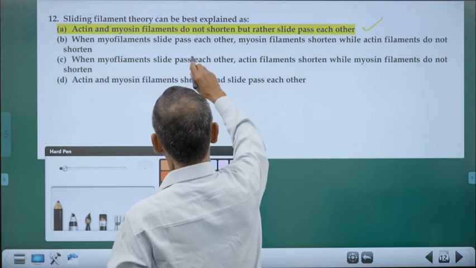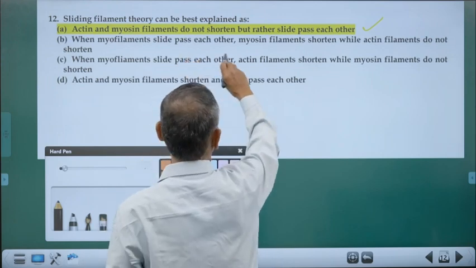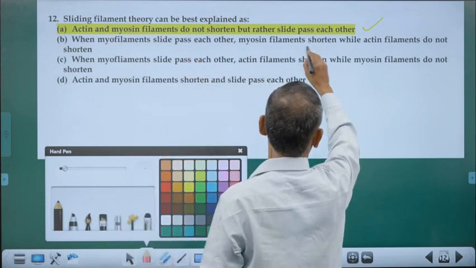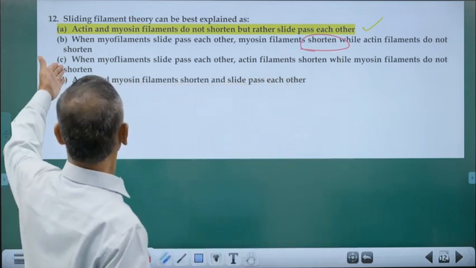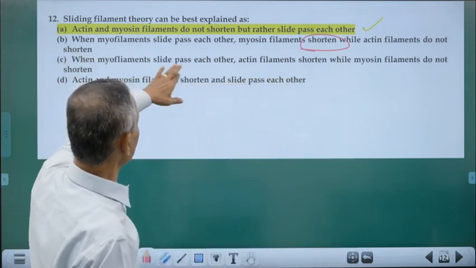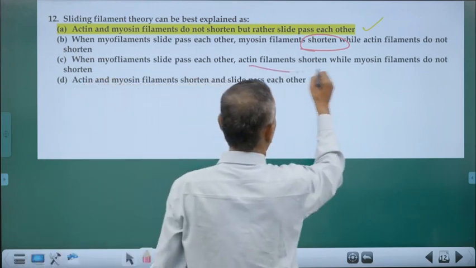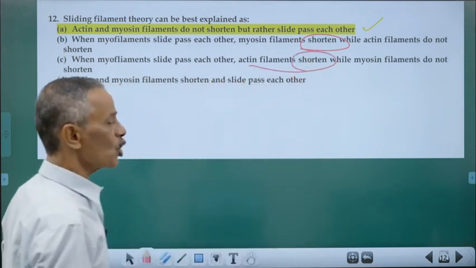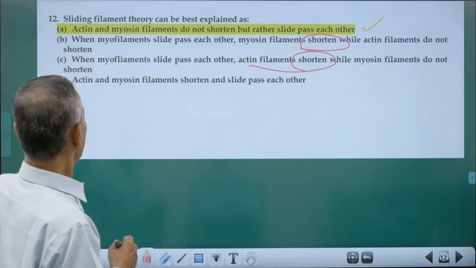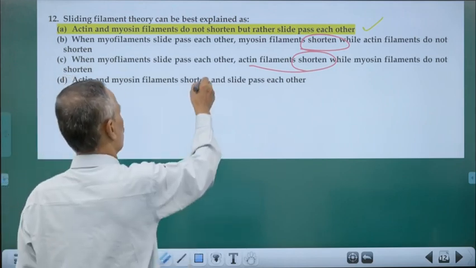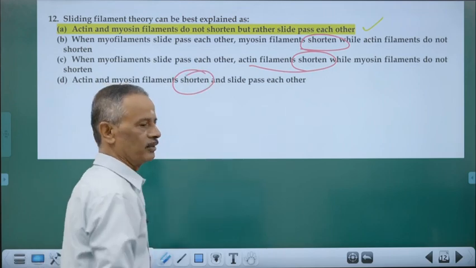When myofilaments slide past each other, myosin filaments shorten. No, there is no shortening of any. When myofilaments slide past each other, actin filaments shorten. No, there is no shortening of any filament. That is the most important point we have to remember. Actin and myosin filaments are shortening? There is no shortening. Instead,